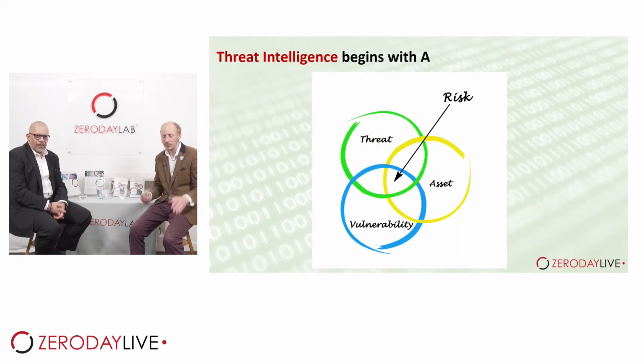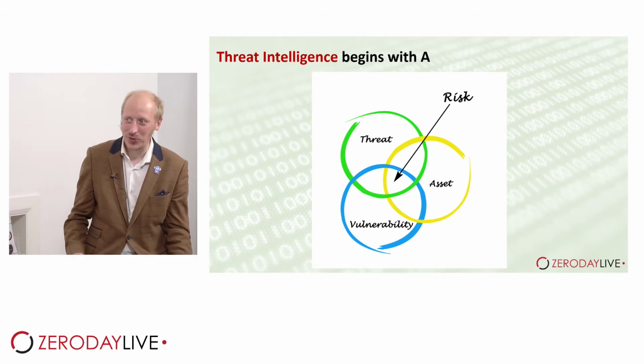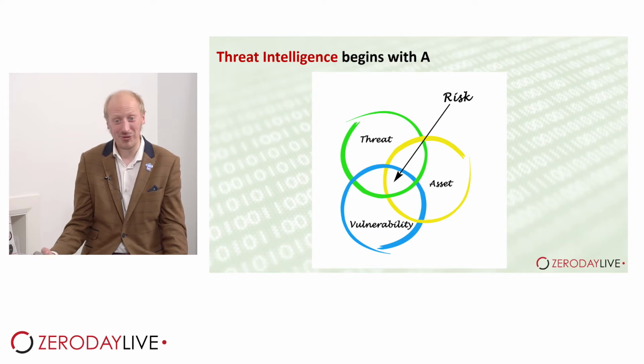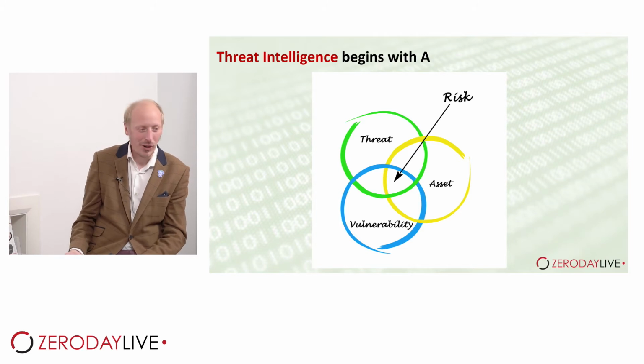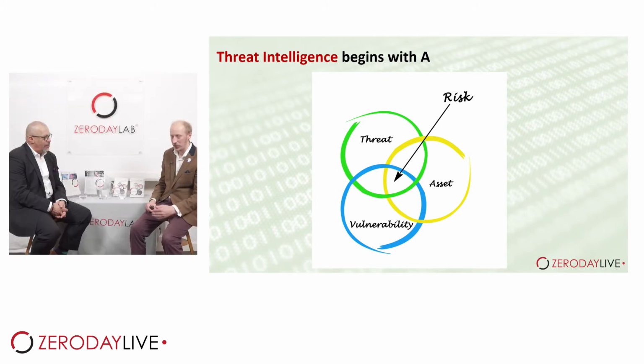Now, this diagram to me pretty much sums it up, right? Knowing your threats, understanding your assets, and your vulnerabilities helps us understand where to prioritise our risks. I think everyone on this call hopefully knows this, but it's important to say that the two parts we discussed today are really important to understand your vulnerability, because without understanding the context of the threats, the capability and the intent, and understanding the value of the asset and what it could impact, is it confidentiality, integrity or availability, and which one of those three is going to cause you the most damage, right? Which then tells you what your vulnerability is, and what an attacker has to do to get to that vulnerability will determine the level of risk, right?